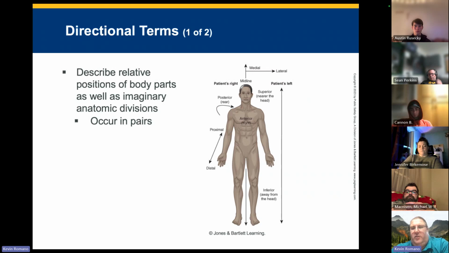All right. Directional terms, very important. These are all very important terms you need to memorize if you haven't already. This describes the relative positions of the body parts as well as imaginary anatomic divisions. So this occurs in pairs, superior and inferior. Remember, superior being high, inferior being down low. The superior portion is the portion above, the closest to the head from a specific reference point. So if I said that the chest would be superior or inferior to the abdomen,